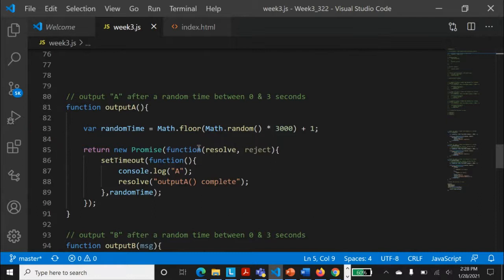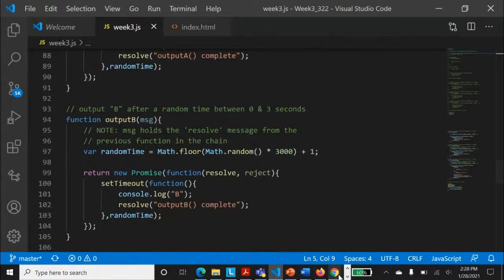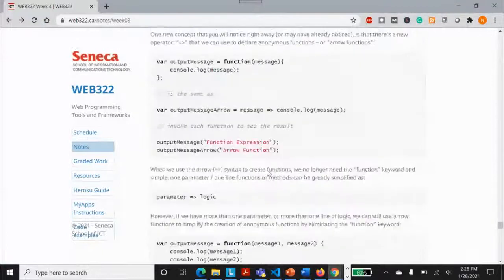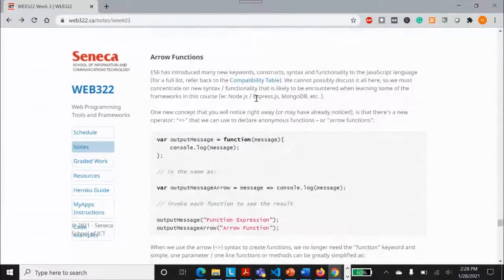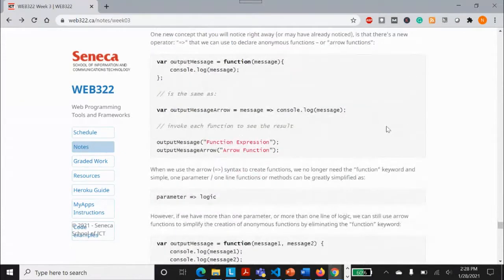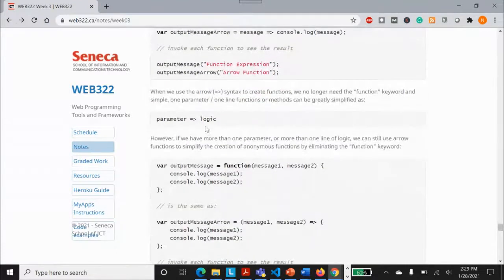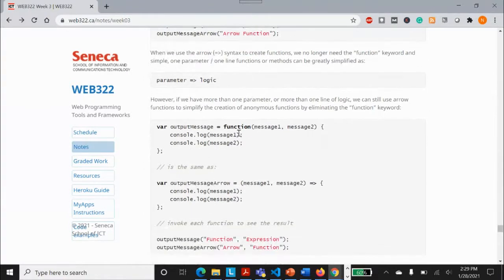Right. So now let's talk about the last thing that was remaining over here, and what is that? Arrow functions. And I hope you are very much familiar with arrow functions. I'll just have a quick look at it. You know that we can have arrow functions where there is a parameter list and then the logic. If you remember, we have talked about this function with message 1 and message 2. The arrow function will just take message 1, message 2, and have this arrow behavior. And please bear in mind that in ES6 we mostly use this arrow function syntax.